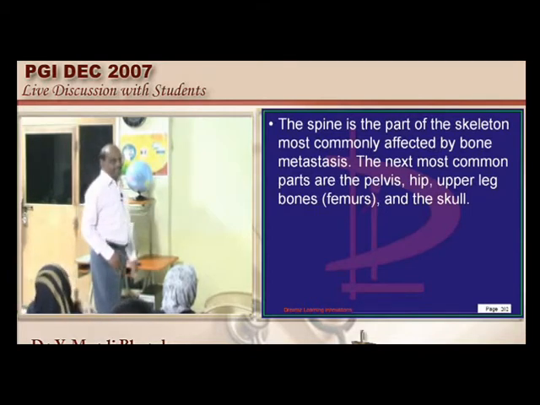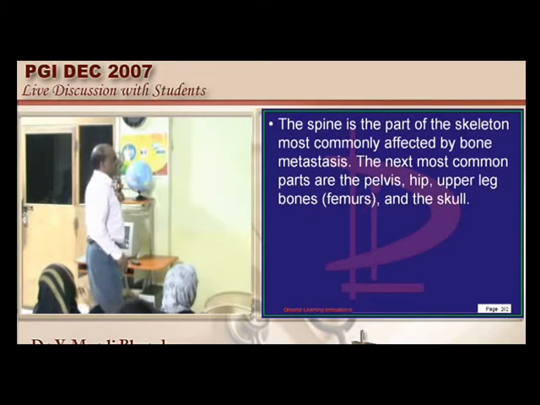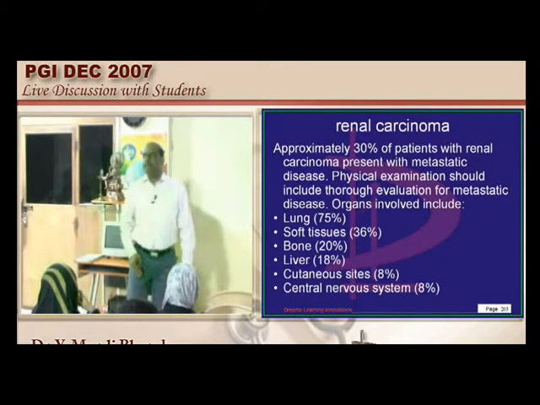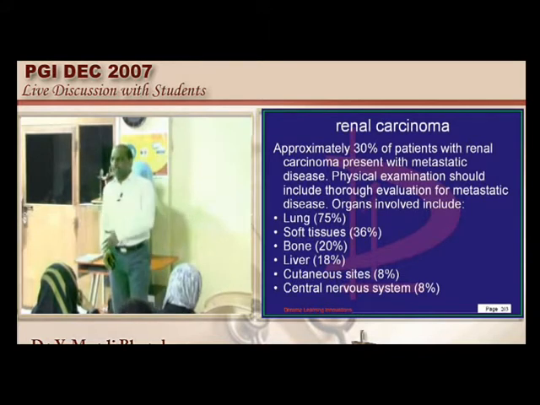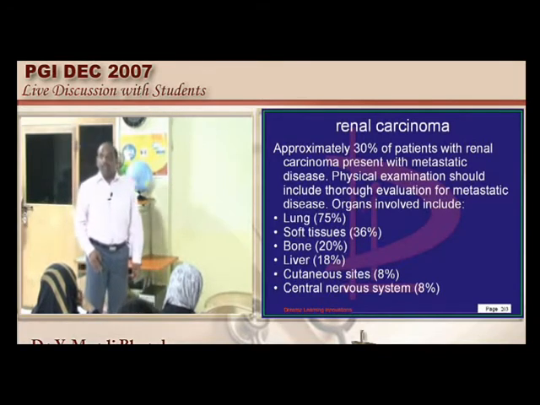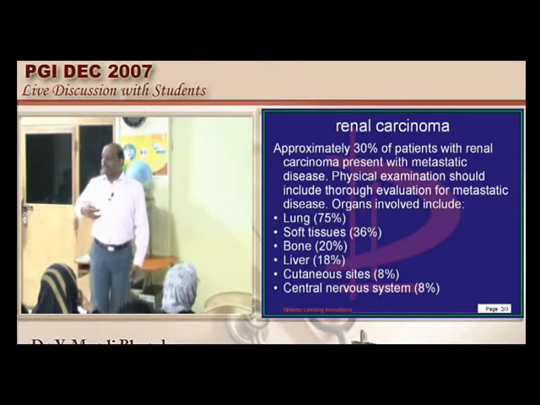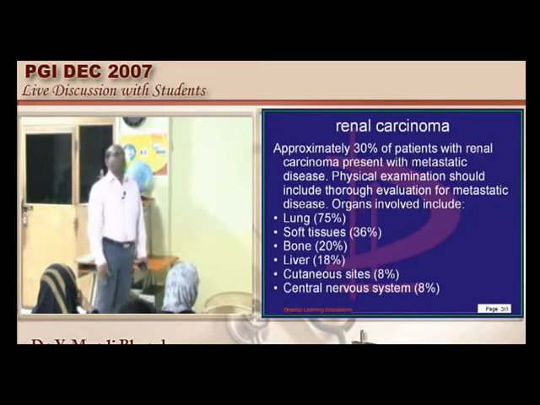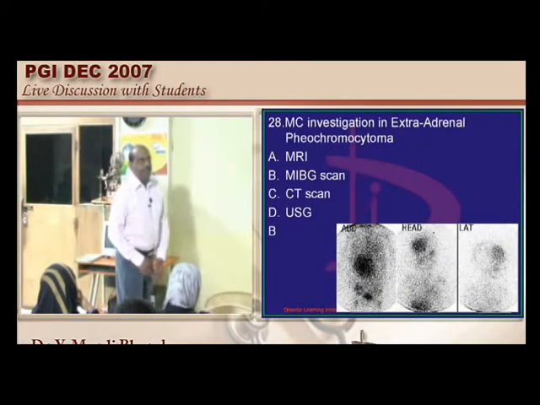Then comes the pelvis, the second most common site. Renal cell carcinoma can also undergo metastasis, but more than to the bone it metastasizes to the lung, much more frequently, 75% of the time. What is important about renal cell carcinoma metastasis to the lung, doctor? They are pulsating vascular metastases which can lead to hemoptysis, which needs to be remembered.